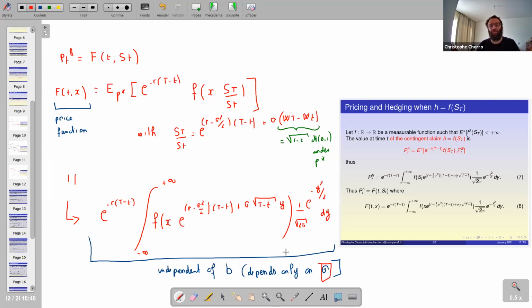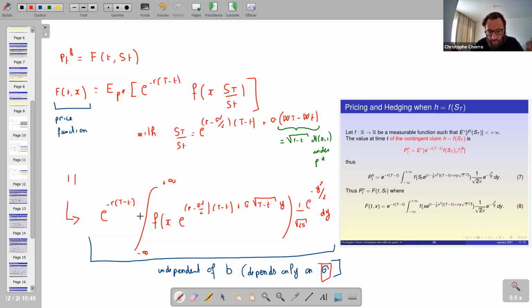Okay, so the price function may be made explicit in this situation, in the case where the payoff is a function of the final value of the risky asset. I can write it as an integral. And if I want to go further in the computation, I need you to tell me what this f is. If I know what f is, maybe I can compute this integral explicitly. And it's what we are going to see later on. But at this stage,